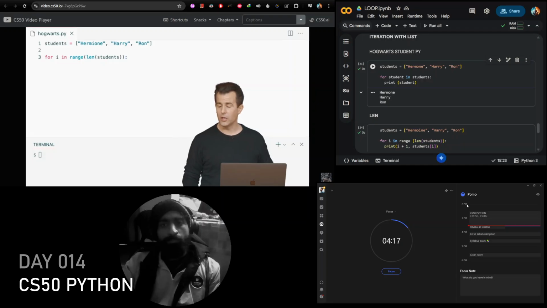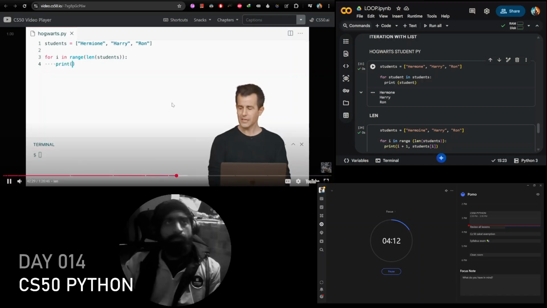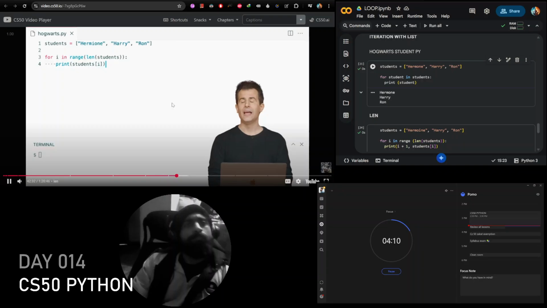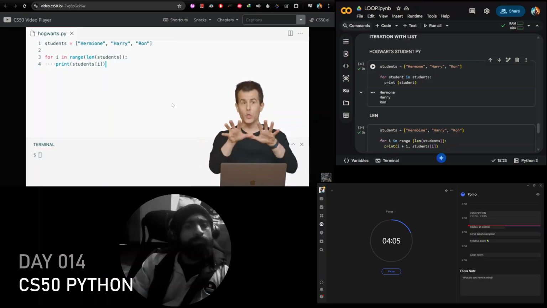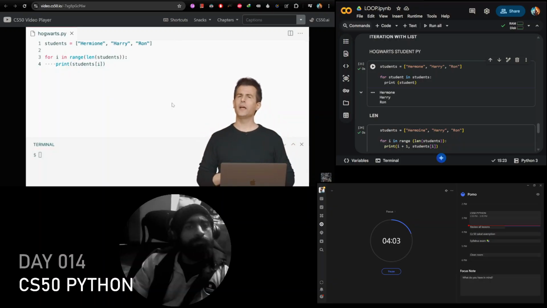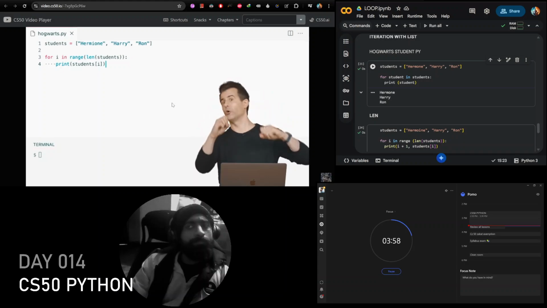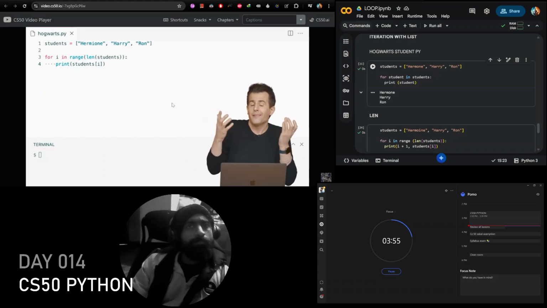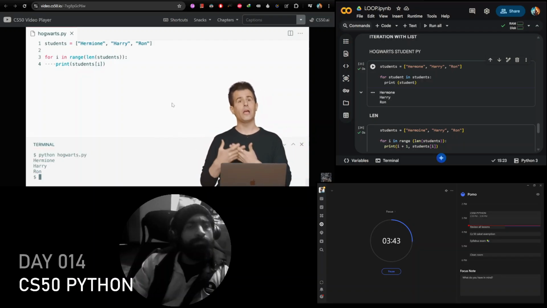And what that's going to allow me to do then in code, if I want, is not just this. I could do print now students bracket i. And this is now where the syntax we're seeing is getting very expressive, new, and perhaps unfamiliar. But if I can do open bracket 0, close bracket, or open bracket 1, close bracket, or open bracket 2, close bracket, it turns out I can actually put a variable in there. And I can express any number inside of those brackets so as to print these all out dynamically in a loop. Let me do this. python of hogwarts.py, enter. There's Hermione, Harry, and Ron.